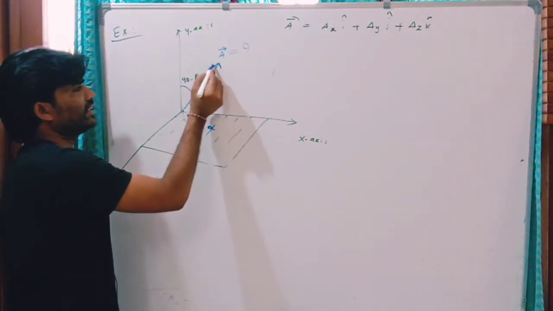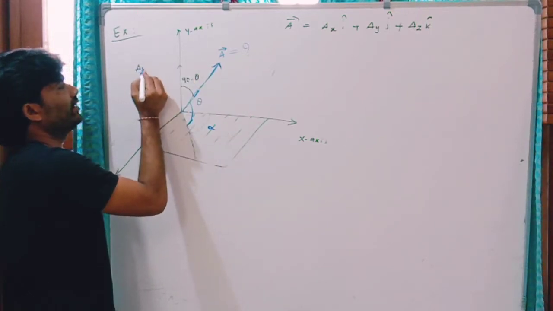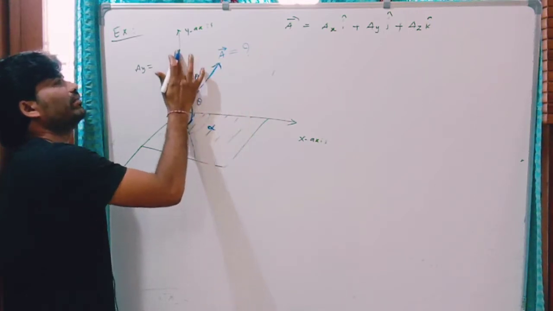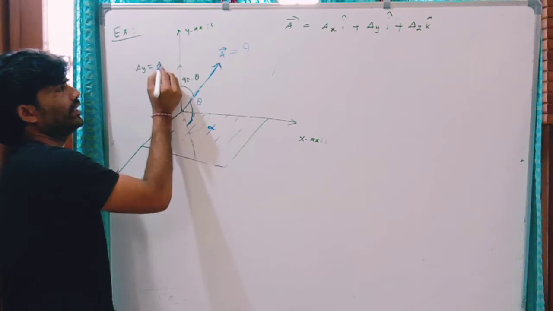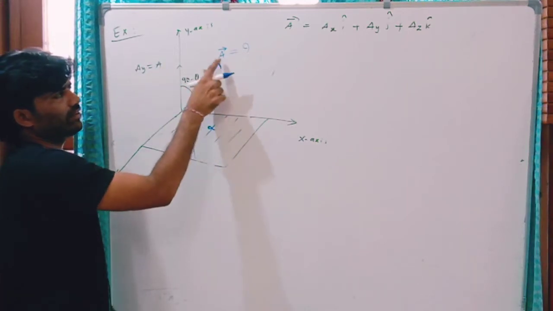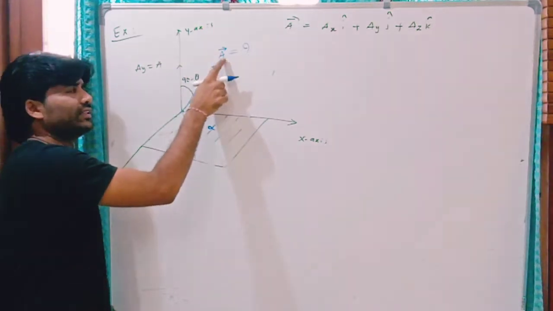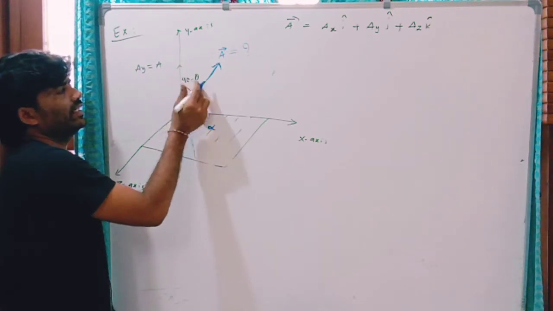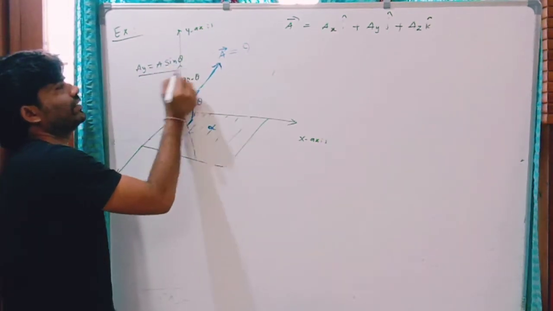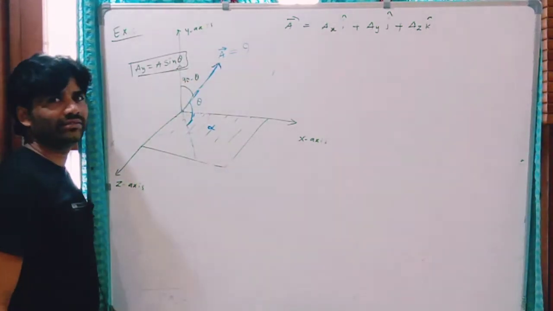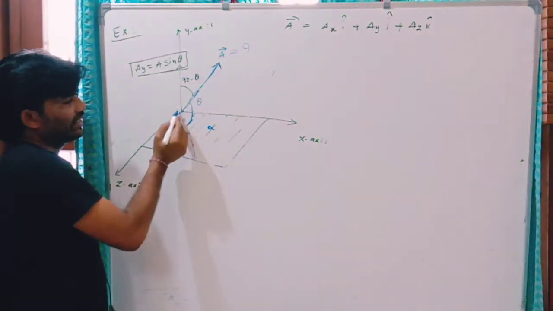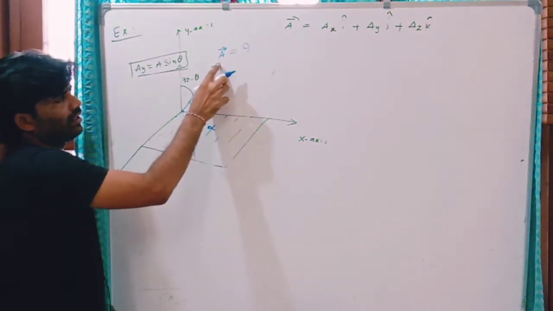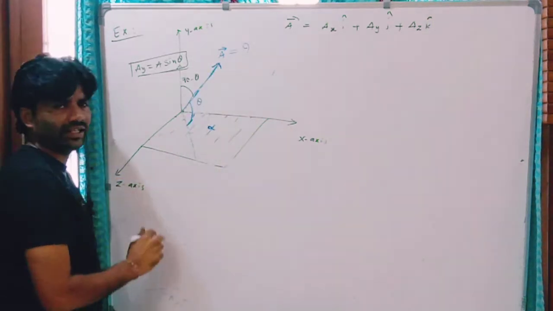So the component of this A in this direction, you can directly write Ay, the component of this vector. This vector is making 90 minus theta angle with the y axis. So A cos of 90 minus theta, its component in this direction, is the magnitude of this vector into cos of the angle made by that vector with the given side. Cos of 90 minus theta is sin theta. So we got the y component directly, but we cannot write the x component directly like this y component, because we do not know the angle between the x axis and the vector directly.